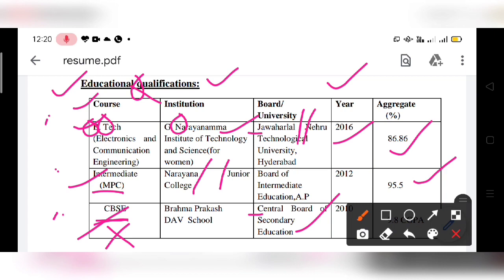See, Jawaharlal Nehru, J capital, N capital, Technological, T capital, University, U capital, Hyderabad, Board, B capital, Intermediate Education. So all the content words, Brahma Prakash, B capital, P capital, content words should be capitalized. This has to be remembered.